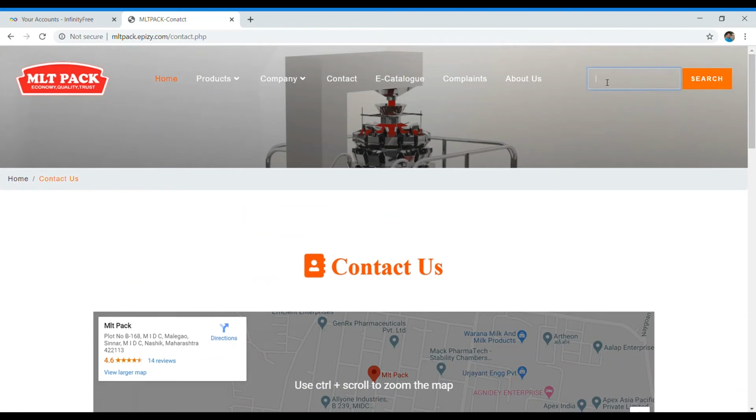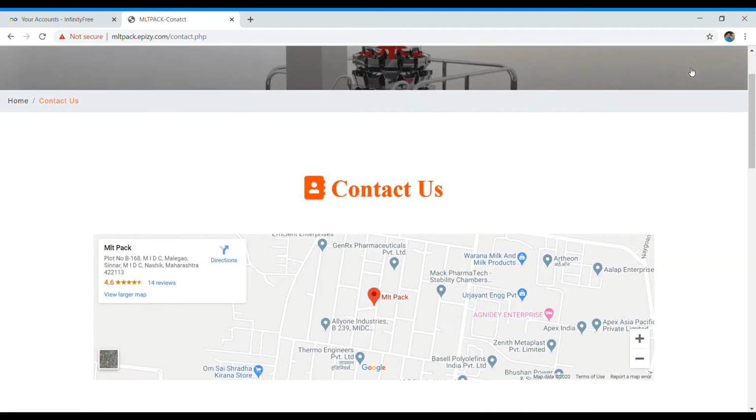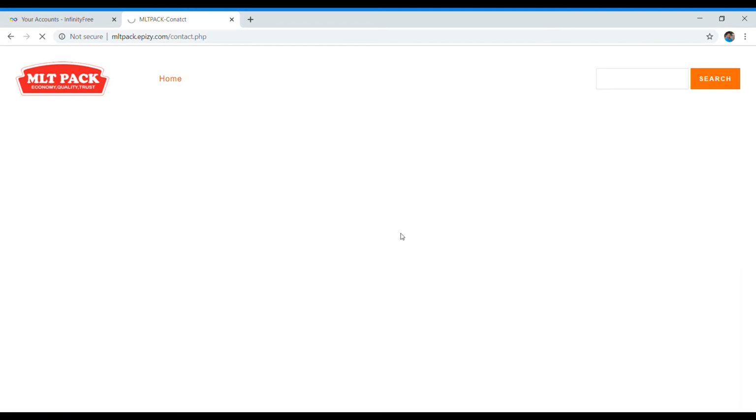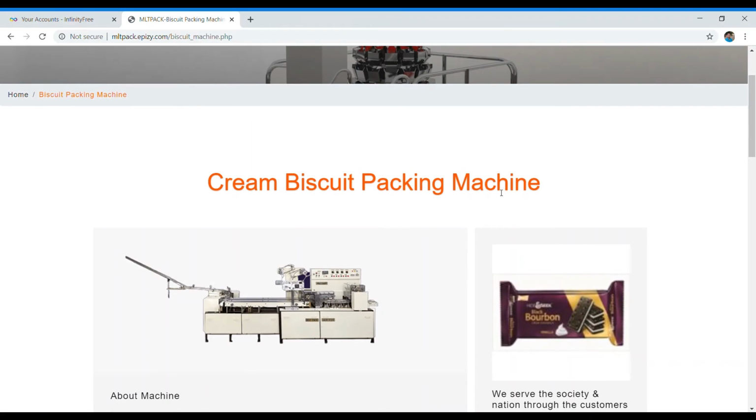Then this is the search box functionality. From here we can search any keyword and it gives back output. For example, I search biscuit. It shows me the cream biscuit packing machine.